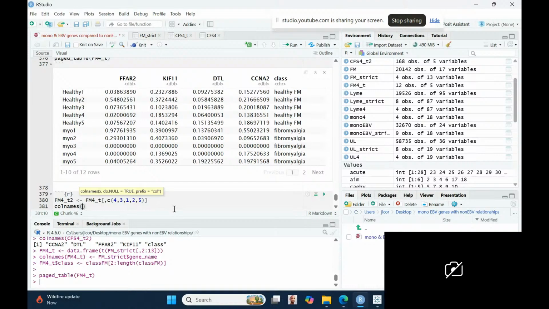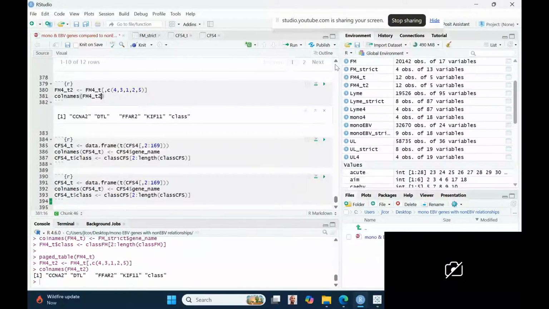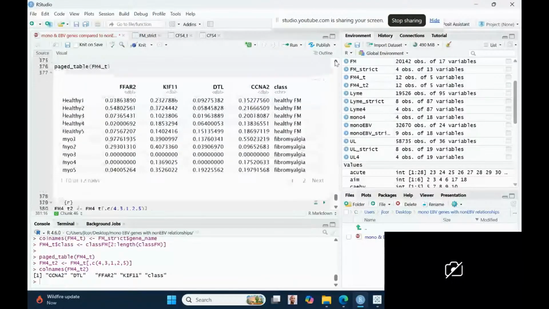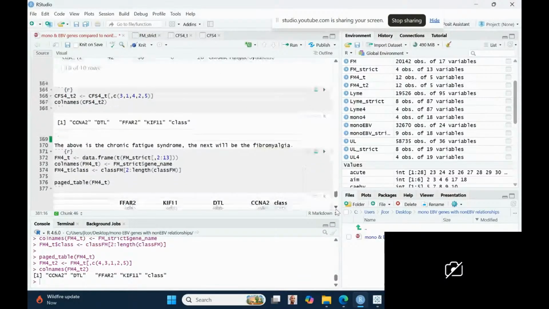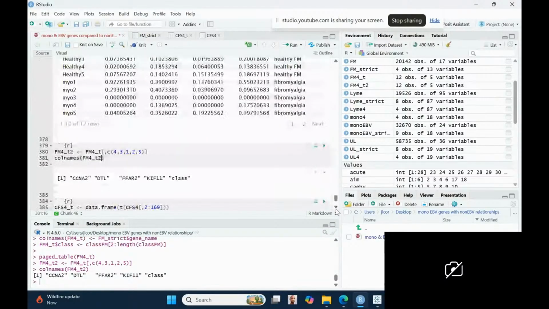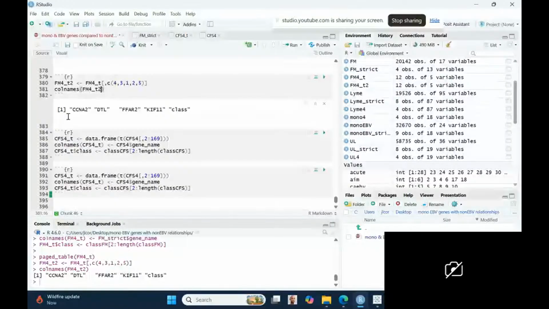Column names Fn for T2. Okay. T2. Okay, cool. Now for the